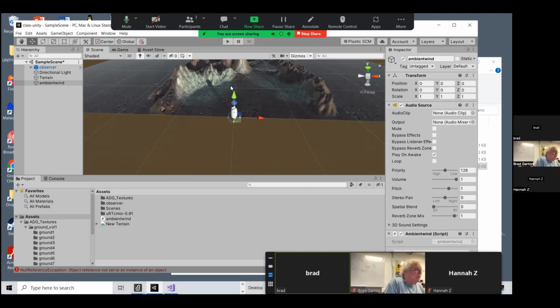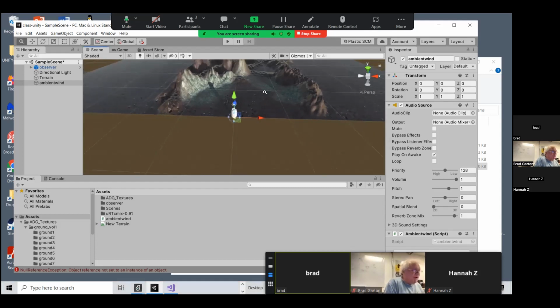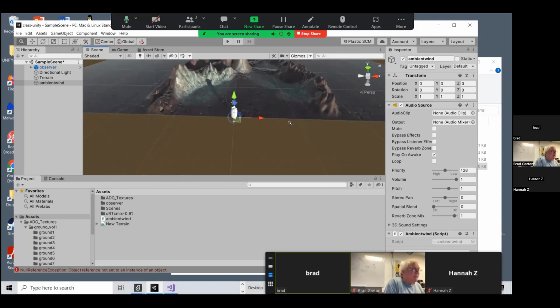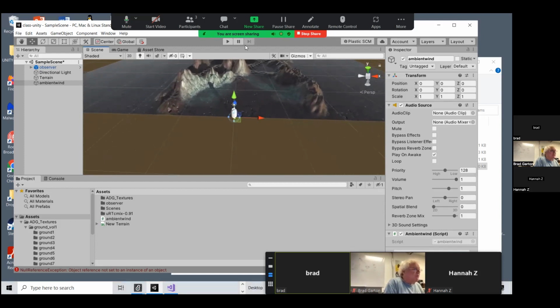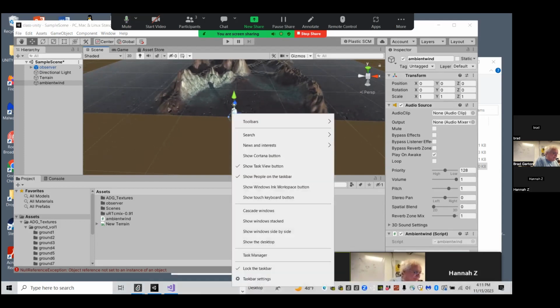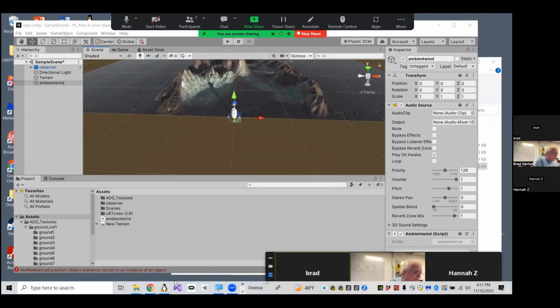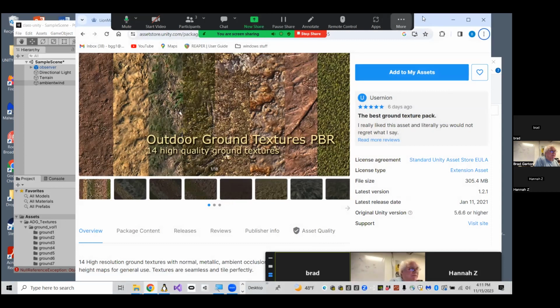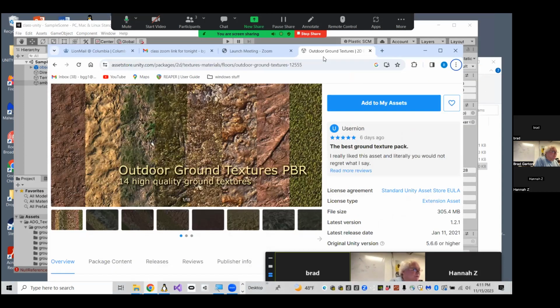Particle systems. What are they? What use are they? How come they're so much fun? Here's what you can do. You can go to the asset store again if you want. Okay. Damn it. Come on. So we'll go out here. Okay, here's our asset store. And we can do a search for,